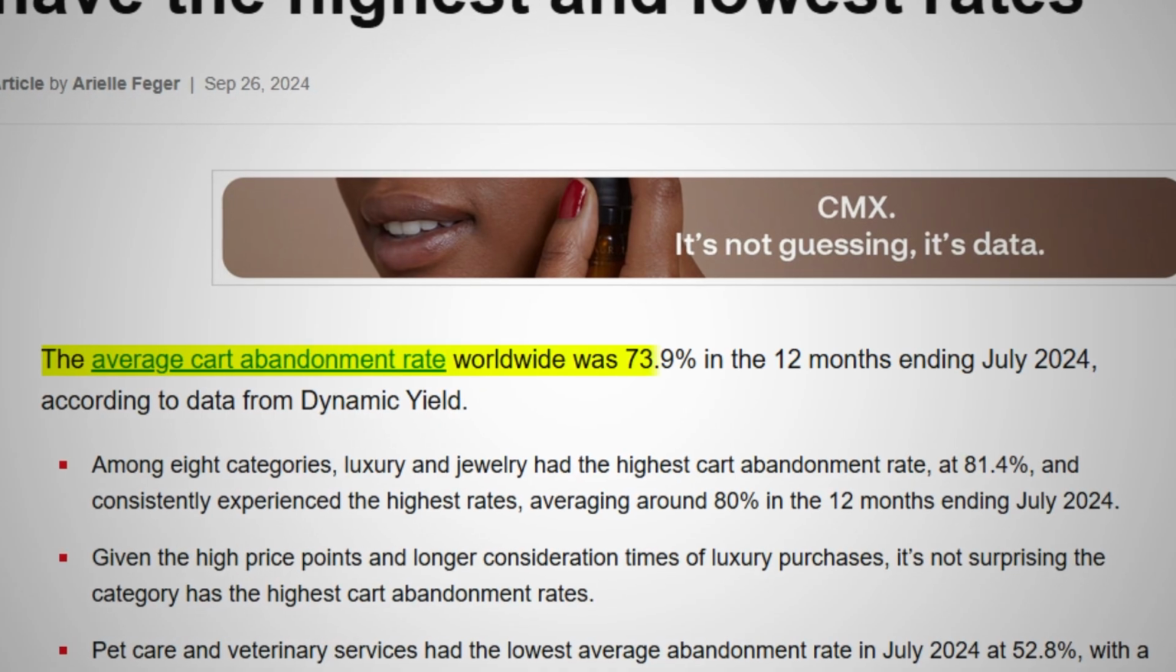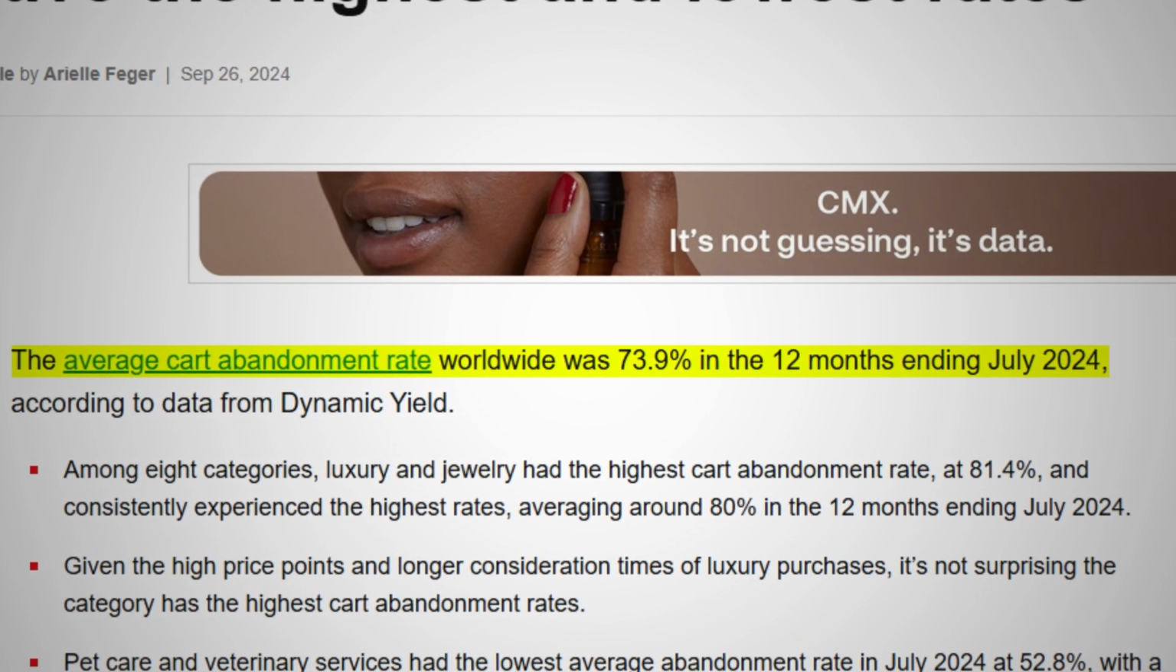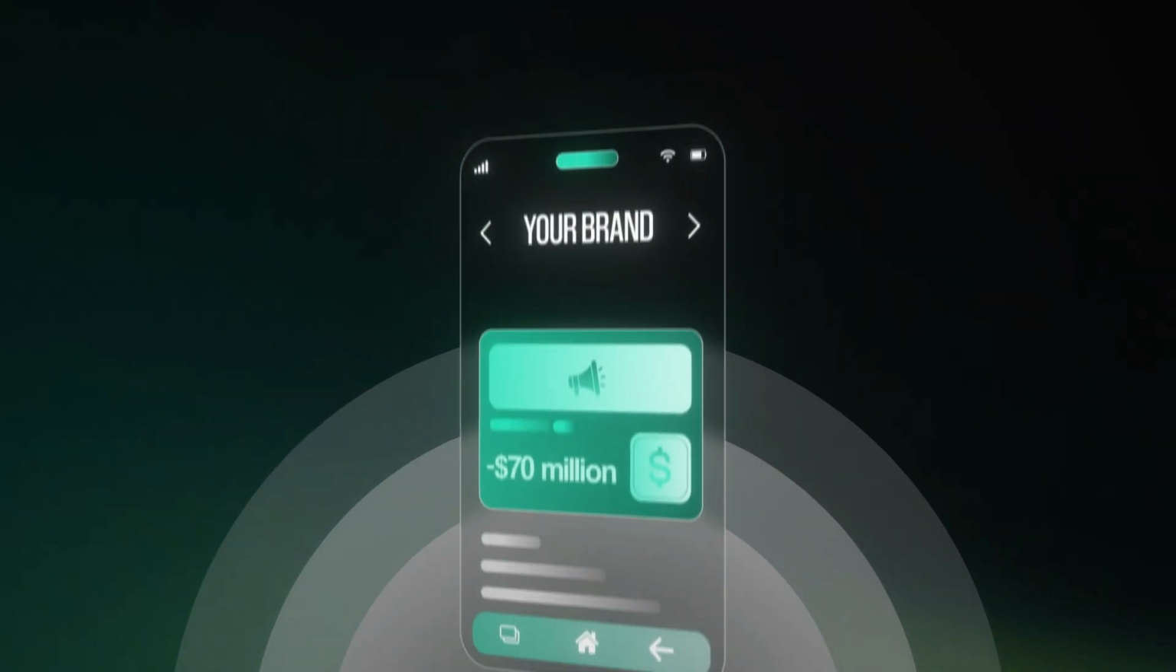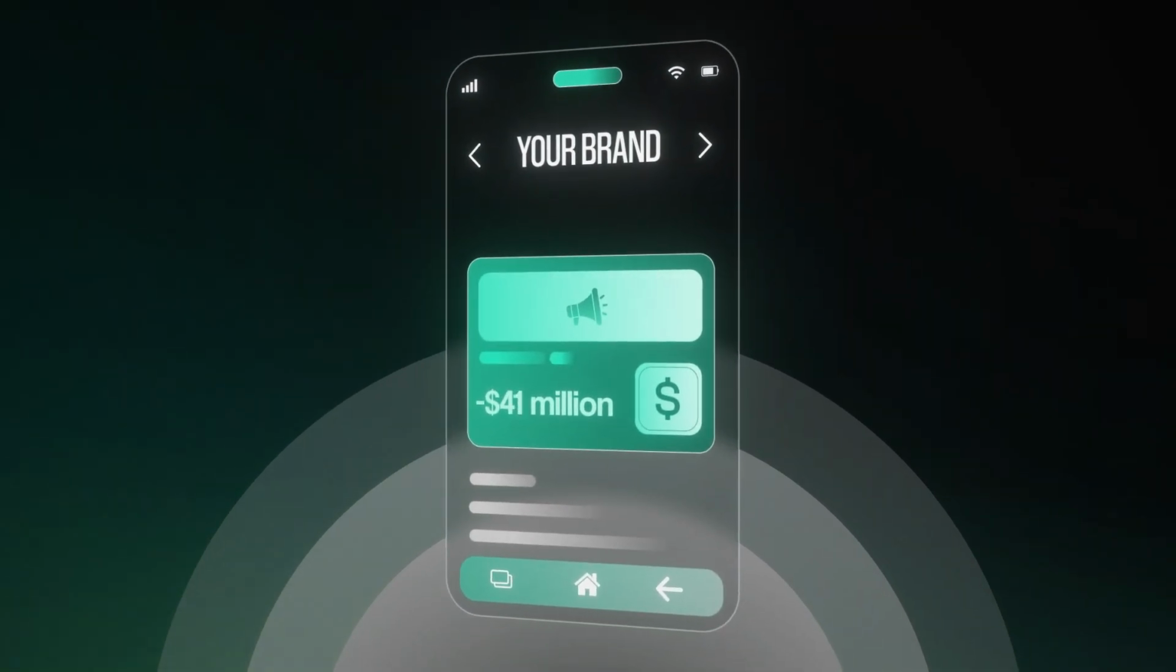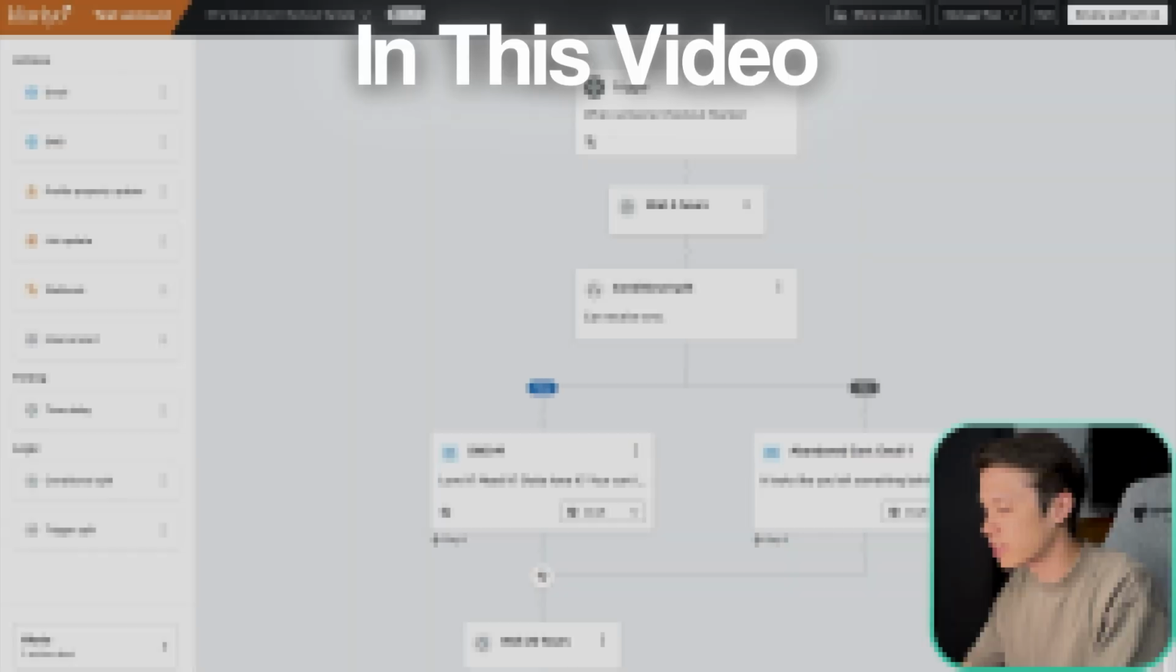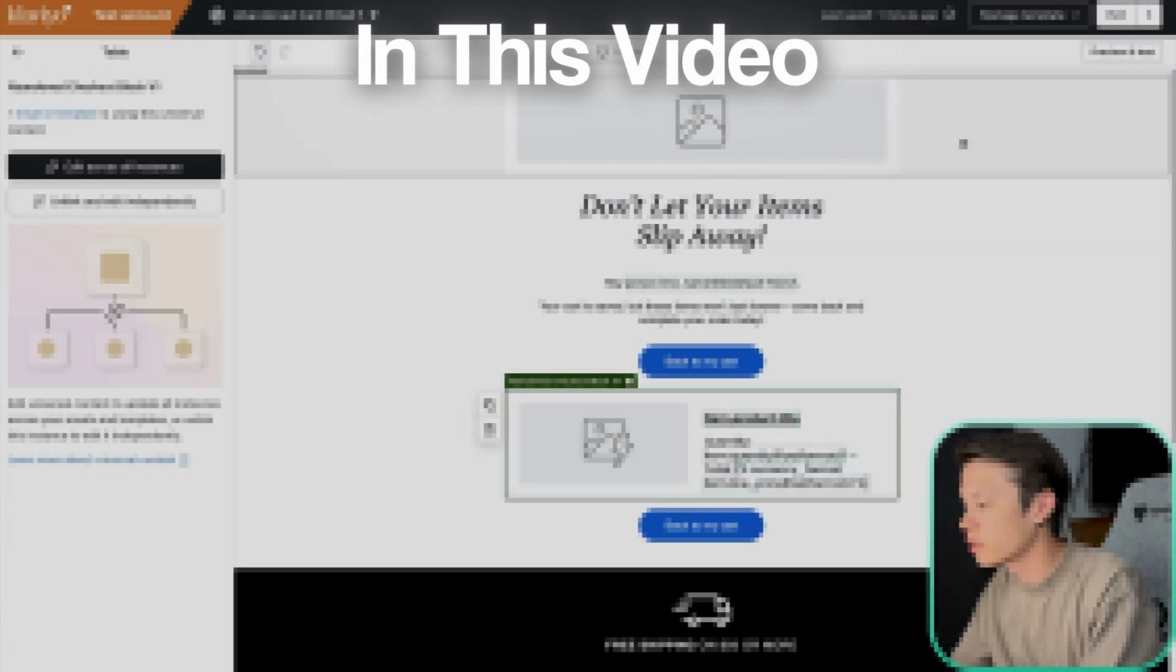Almost 74% of all online shoppers are going to abandon their cart. And if you don't have a way set up to re-engage these lost prospects, you probably are losing out on millions of dollars of revenue for your brand. And in this video, I'm going to show you how to recover these customers through an abandoned cart sequence set